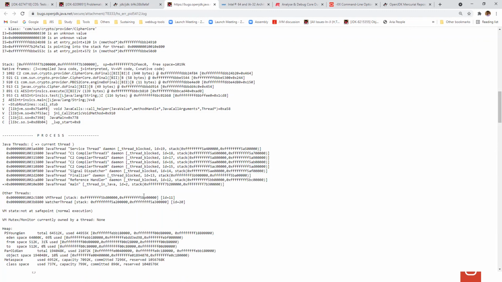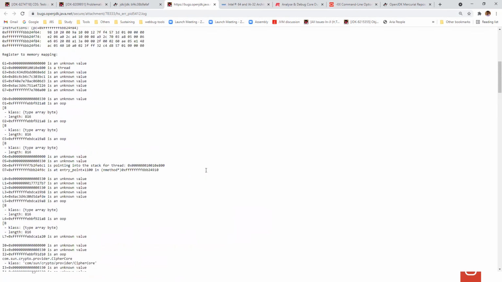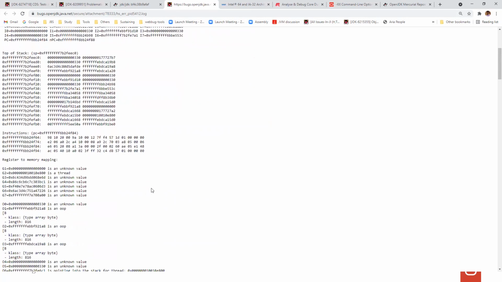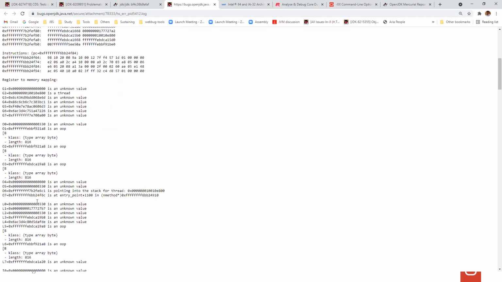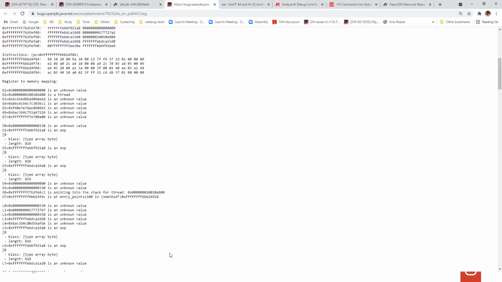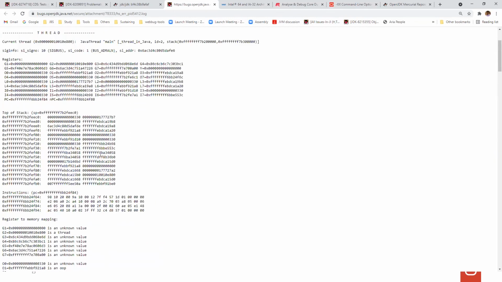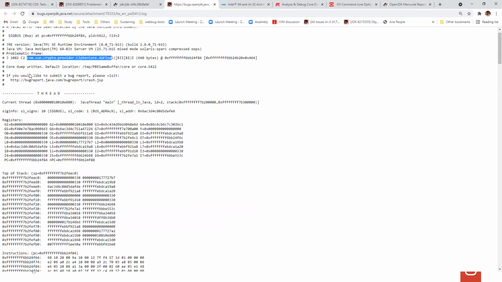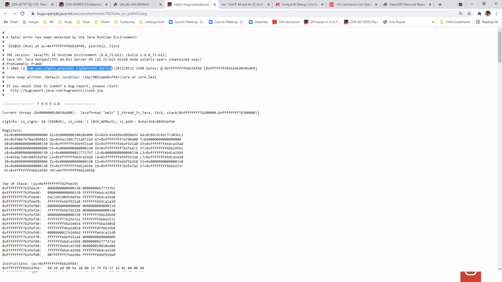For example, the compiler thread. Even though it shows a crash in main, if you look at the top, it crashed in compiled code. This J here, you can match it here; I'll just show you. This J indicator means compiled Java code. It crashed in compiled Java code generated by the compiler, and we have C1 and C2.